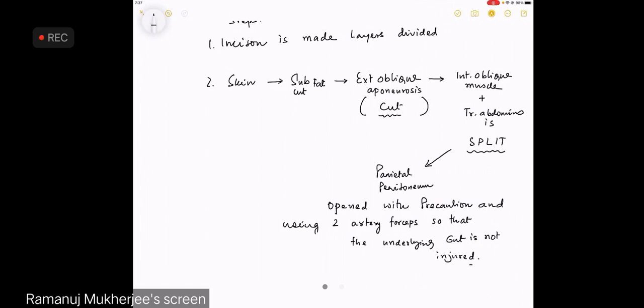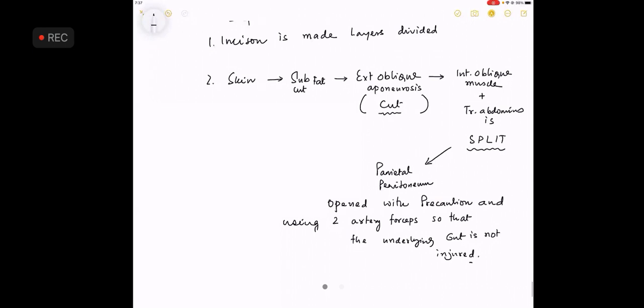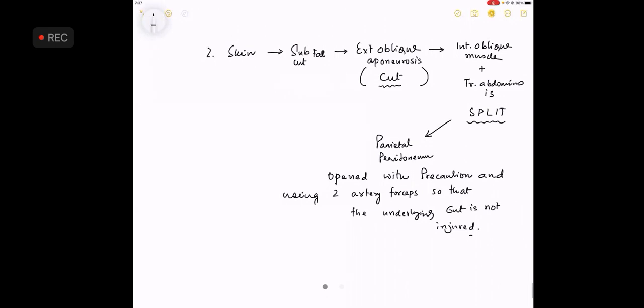So this completes the first part. If you have completed writing, then we'll proceed. The parietal. Now, what do you mean by this? Is something that is very difficult to make you understand in a virtual class. But if you have gone to the real operation theatre to look into what is an appendicectomy and how the parietal peritoneum is opened, then these words will become important. So the parietal peritoneum is opened with the precaution that you do not injure the underlying gut.